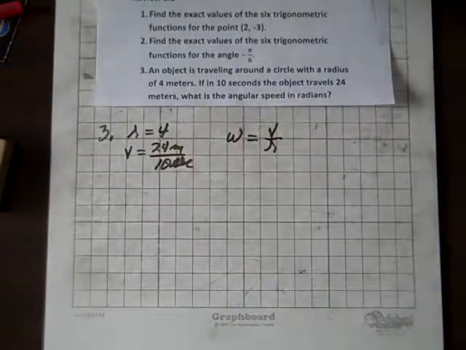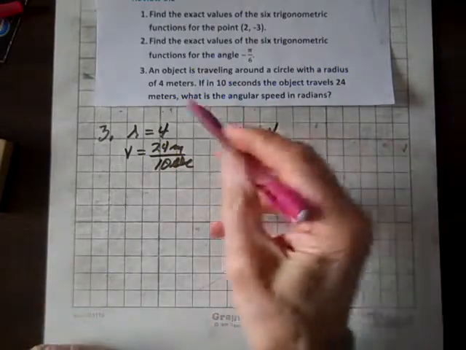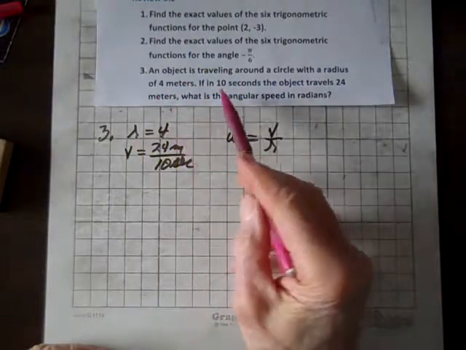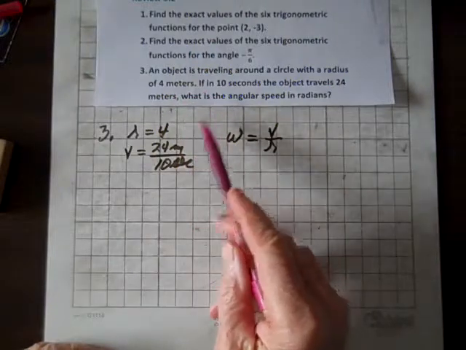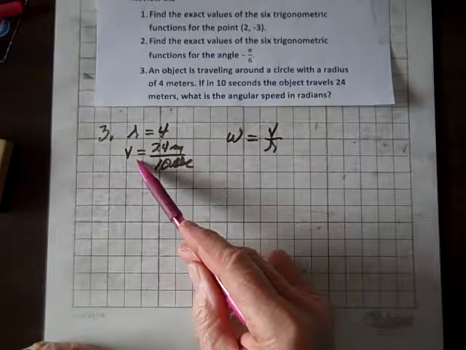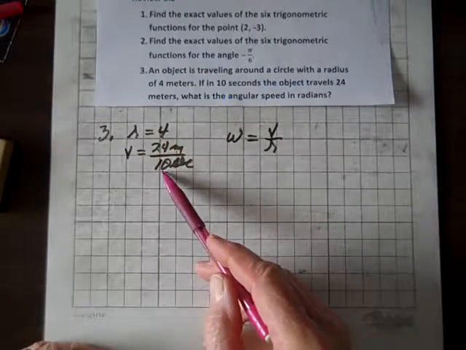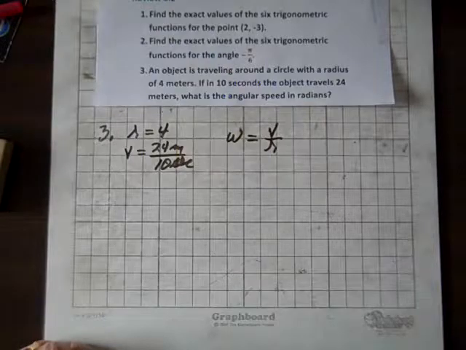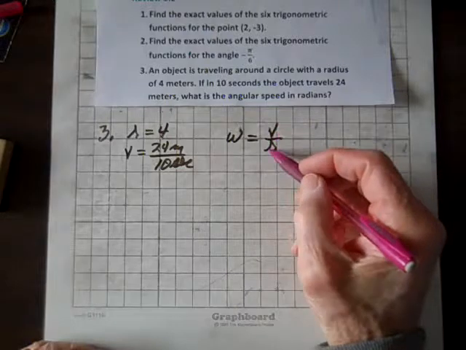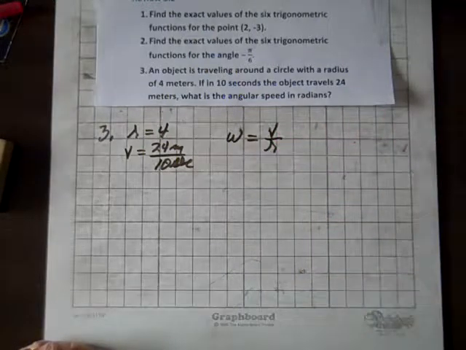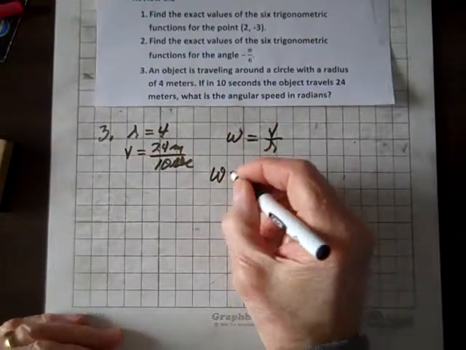Now for the third question, we're told that an object is traveling around a circle with a radius of 4 meters. If in 10 seconds the object travels 24 meters, well, linear velocity or linear speed is distance over time, so that's going to be 24 meters per 10 seconds. So that's the linear speed. And we know that angular speed equals v over r from previous work from section 5.1. So our angular speed equals